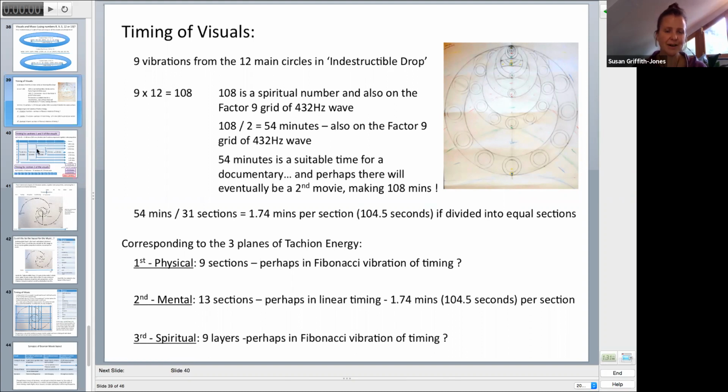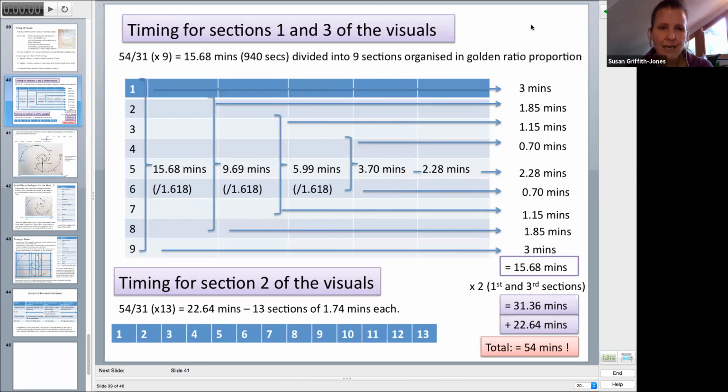So now I look deeper into this, and I've expanded this into a chart. We've got the 54, so now we get into math here. We've got 54 minutes of the whole movie divided by 31 sections of the movie, times 9, because in the first section and in the third section there are going to be 9 symbols from the crystal of time. So the whole length of the first and the third section will be 15.68 minutes, divided into 9 sections organized into golden ratio proportion. And so through this chart, I was able to work out these 9 sections of sections